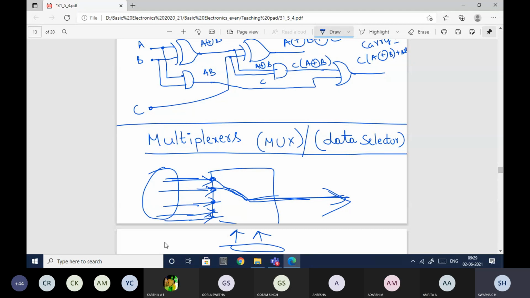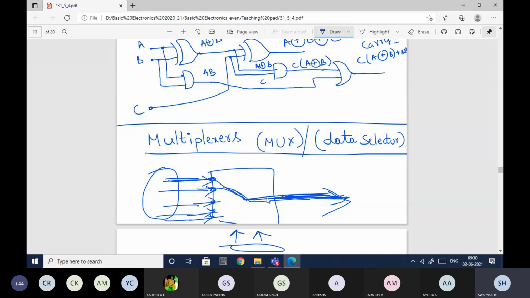Here I have a lot of information sources. Instead of transmitting the information through so many data lines, which is not a good idea, since you should not have a large number of data lines, we will use a single output line.